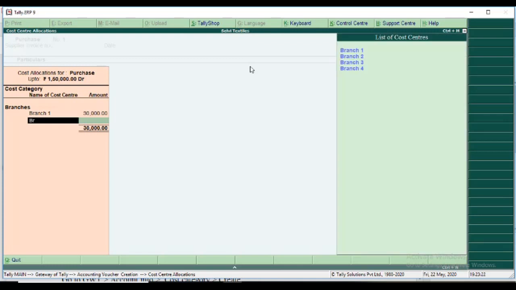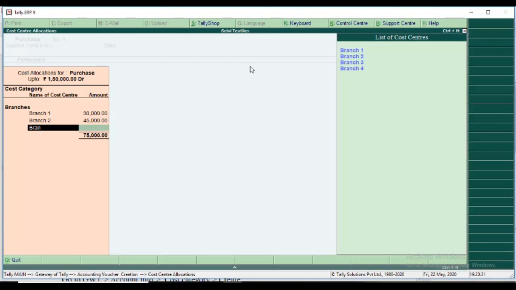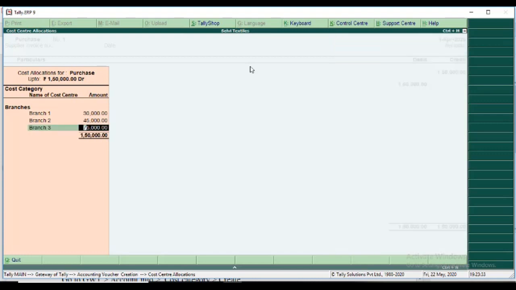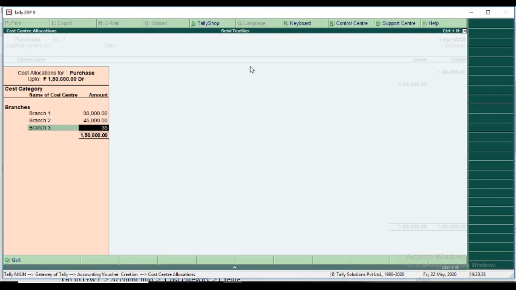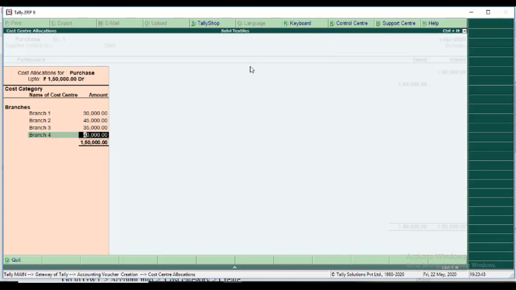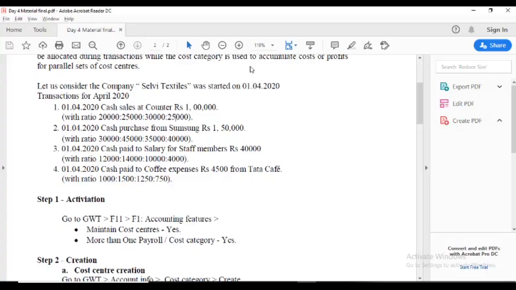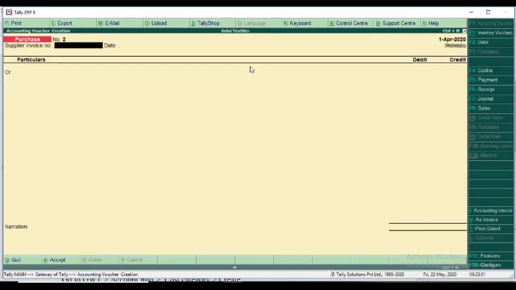Second branch 45,000. Third branch 35,000. The fourth branch 40,000 comes correct. Okay. I finished the second transaction also.